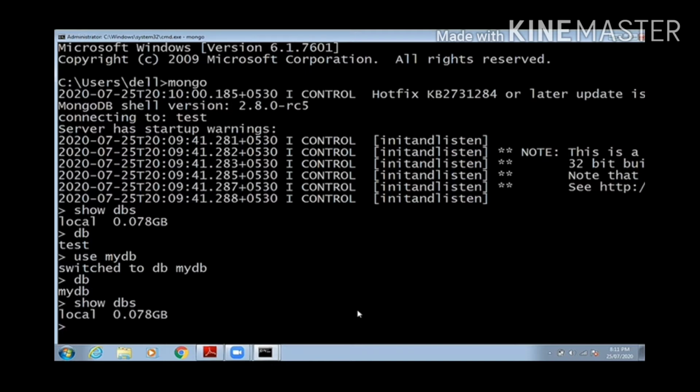Now when you press show dbs, it won't show your database mydb just created, because you don't have any single document in it. So first you have to insert something, you have to create something inside that mydb, then it will be shown by the command show dbs.